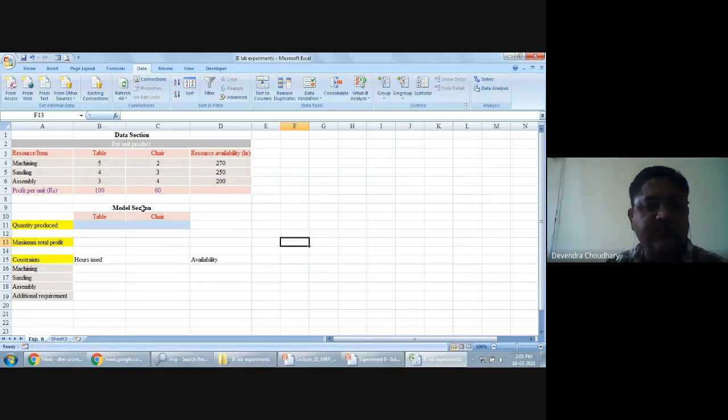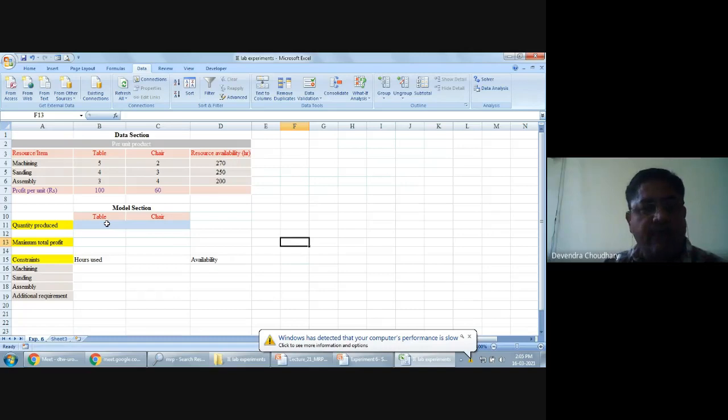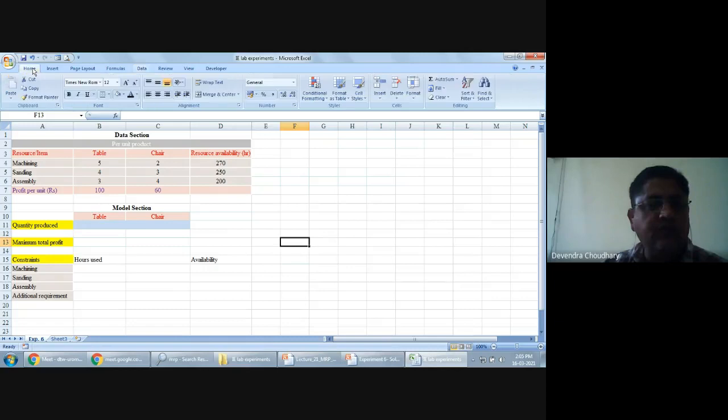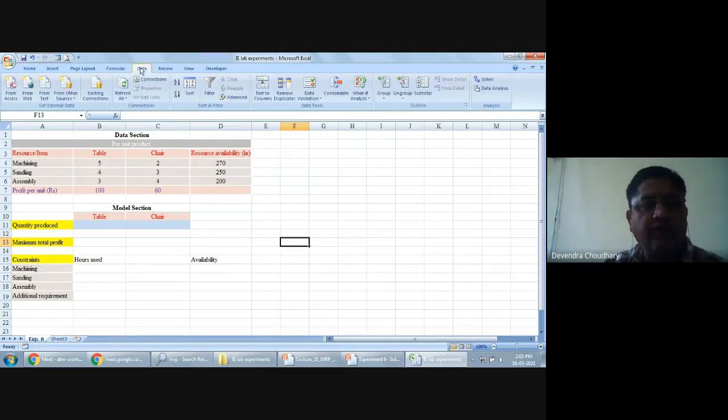Next is the model section, which is used to solve the LP problem with the help of Solver. In Microsoft Excel, you go to Data, and when you click on Data, you will get Solver here.